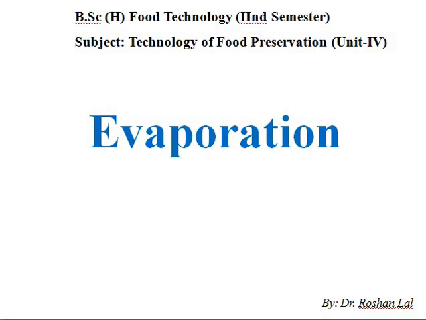So first we have to go for the definition of evaporation. What is evaporation? It is a heating process in which heat is applied to the food product and water is removed from the food product. With the application of heat, the basic principle behind this evaporation is heat and mass transfer. There are various techniques in which heat and mass transfer will follow. We already discussed in our class about drying, dehydration, and concentration. So evaporation is another technique in which heat and mass transfer will follow.